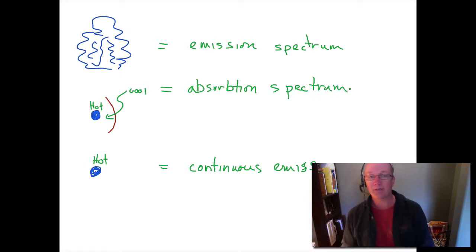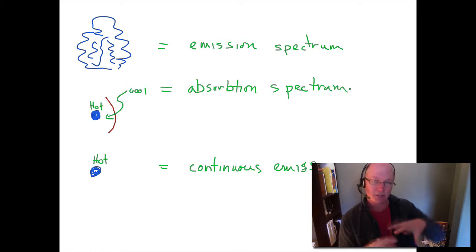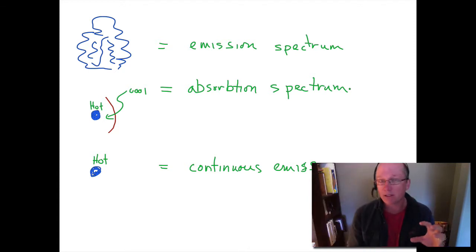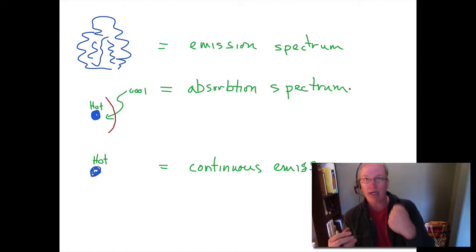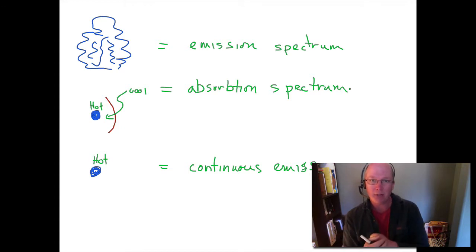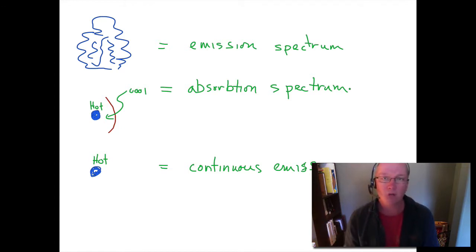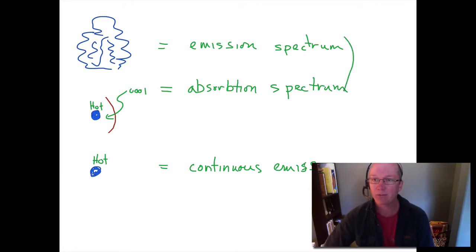So those are the three types of spectra we see. We see emission spectrum when we just have a hot gas. We see an absorption spectrum when we have a hot, dense object surrounded by a relatively cool gas. And then we have a continuous emission when you just have a hot, dense object that's sitting there all by itself. So we're going to see examples of all of these things as we go forward. The cool thing about it is that these two types of spectra